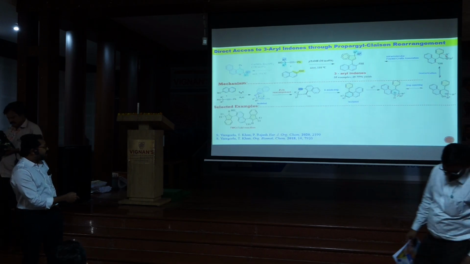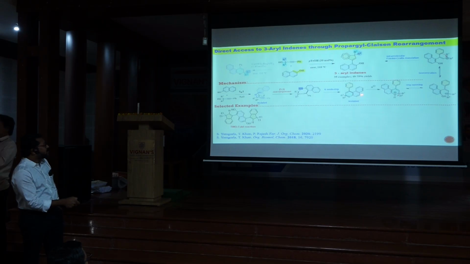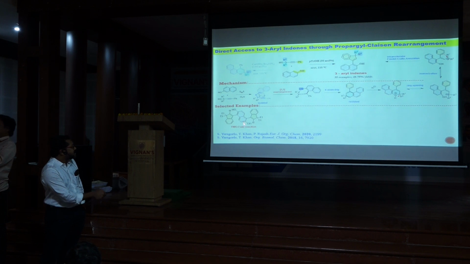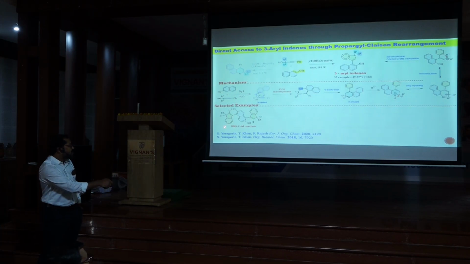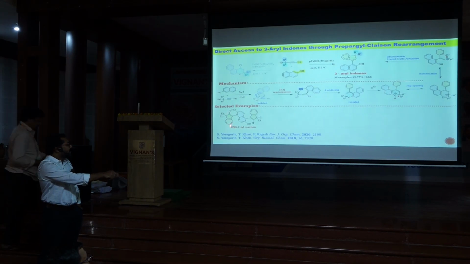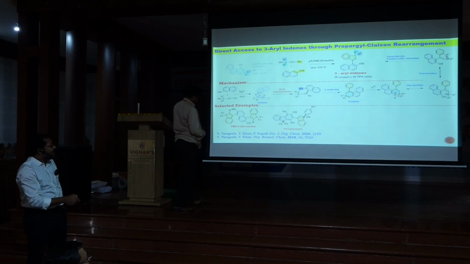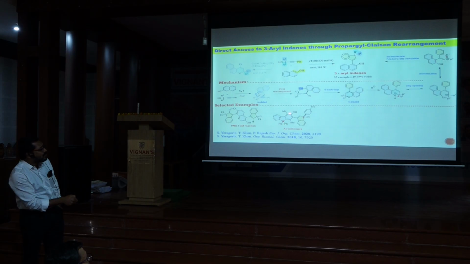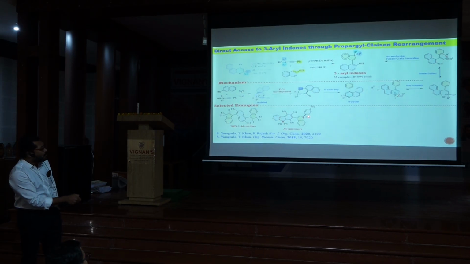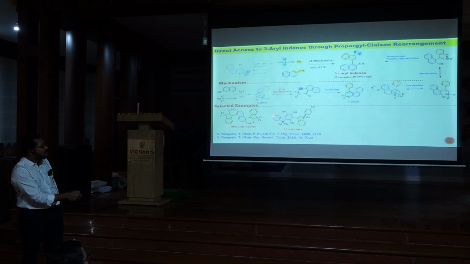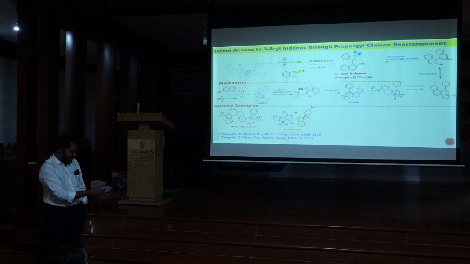Obviously, we also extended this to make several analogs of these products. Here you see when we have a 1,6-dihydroxynaphthalene, on both sides we were able to perform the propargyl-Claisen rearrangement, and then the respective naphthopyrans were opened and underwent cyclization to give 3-aryl indenes on both sides. We also observed that it is not limited to naphthols only; you can also use phenols as indicated here, and once you have this stereogenic center here, these compounds exhibit atropisomers because of the sterically hindered biaryl systems we can see in these.